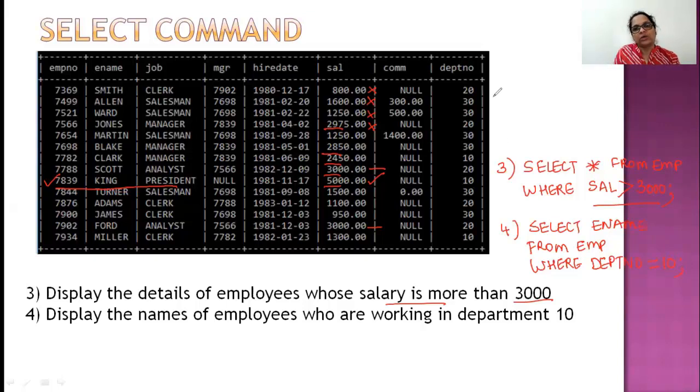So it goes through all the records, not displayed, not displayed, not displayed, no, no. When it comes here, here, and here, the departments are 10. But will it display the entire row? No, you have said select ename. So it will only show you the name. So what is the name of this person? The name of this person is Clark. The name of this person is King, and the name of this person is Miller. So what will your output be? A heading called ename and Clark, King, and Miller. Is that clear? Okay, let's go ahead.